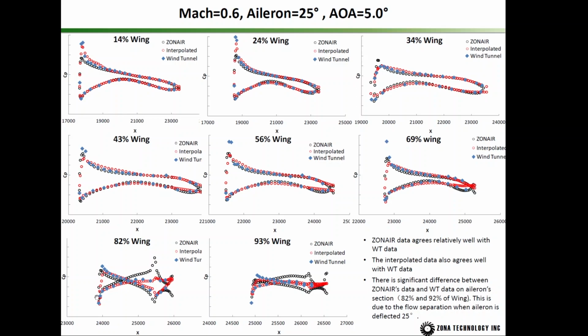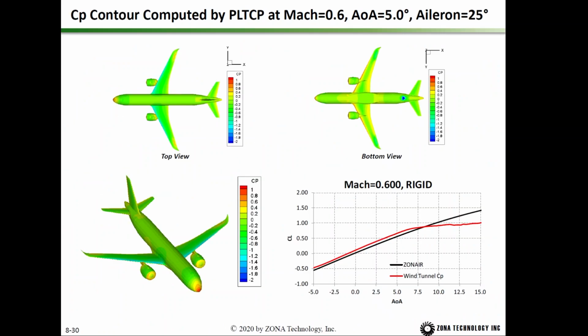But if you look at the interpolated CP on the ZONAIR panel model, it agrees well with the wind tunnel measured CP. This is at Mach 0.6, angle of attack 5 degrees. And we can also plot the CP contour using the plot CP card, and also at different angles of attack, we can use the